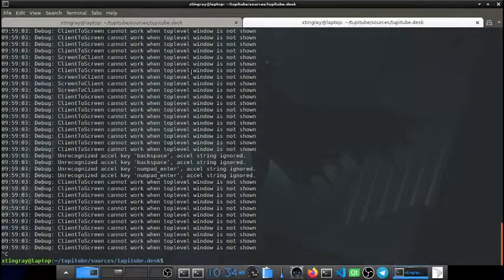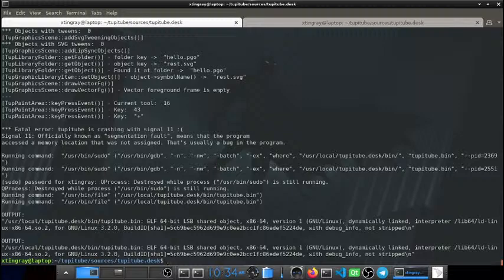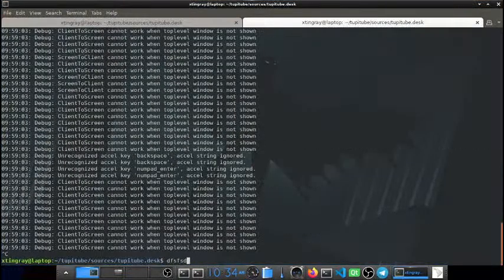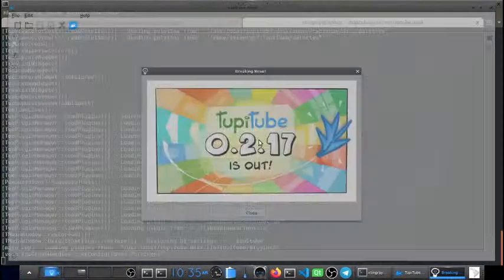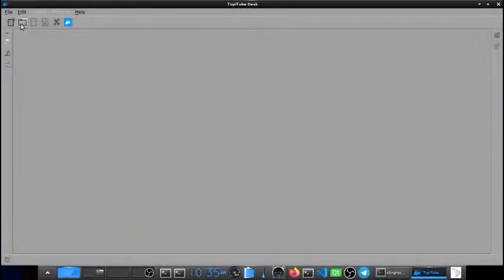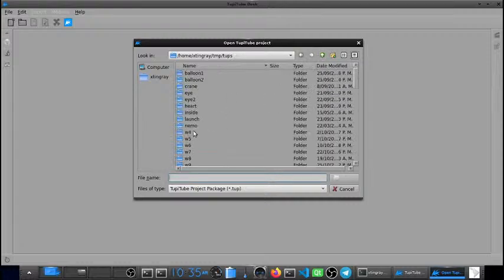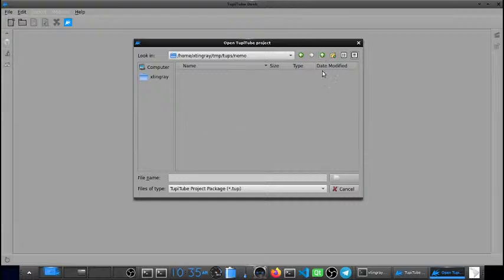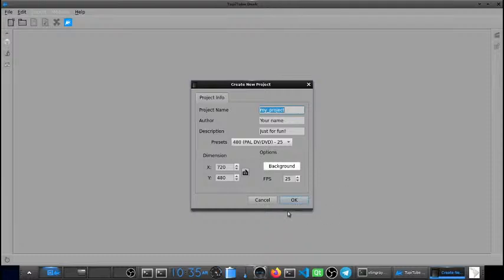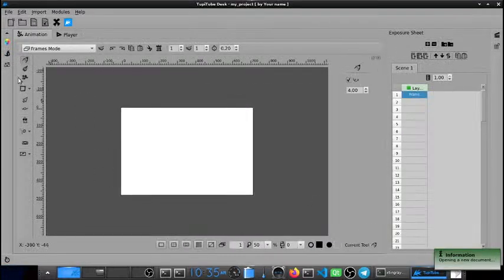To finish this workshop, I'm going to show you a more complex example I already made previously. Oh, interesting. It seems I lost my keyboard. Oh, it's back. Okay, let's start TupiTube once again. And this time I'm going to show you an example that, if I remember well, I posted on our Instagram account. So let's do it.